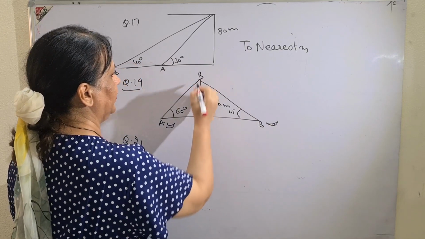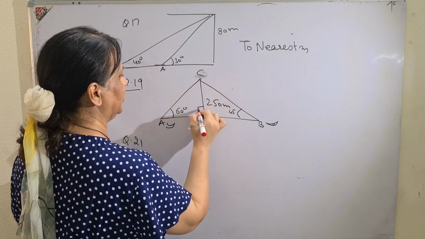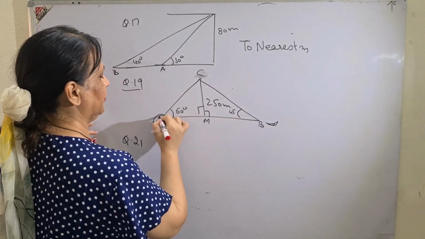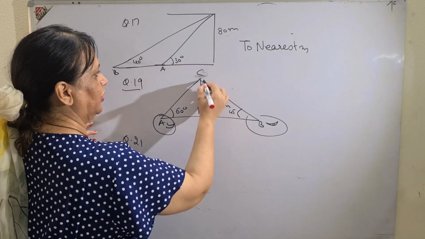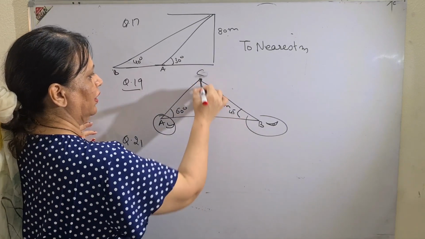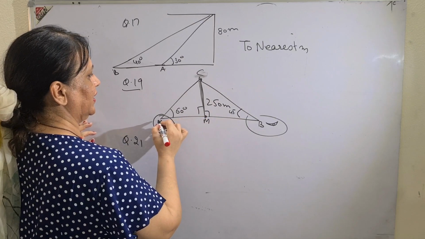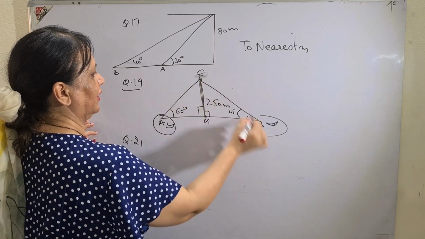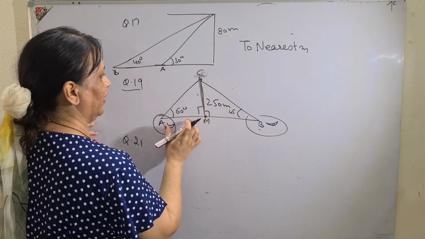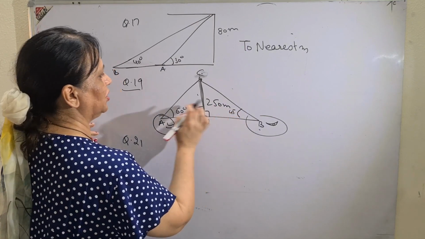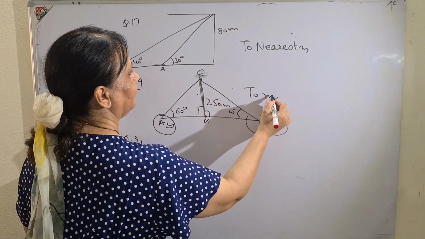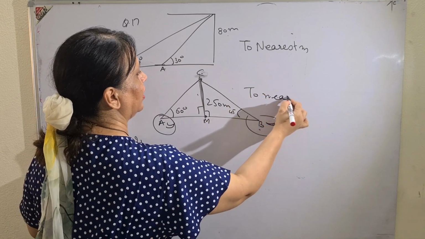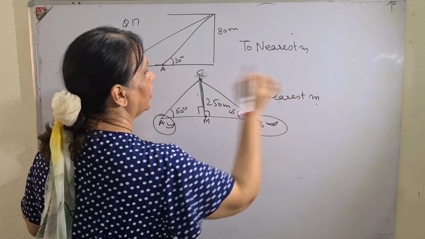A, M, B, you can take it C. Again you see the diagram. Now the distance between the two ships, but on the opposite side. And 250 is the height of the tower. So in right angle triangle ACM, in right angle triangle BCM, you find the value of AM and BM. In both cases you will take tangent, add it, again to the nearest meter. So this type of question regularly comes in the board.